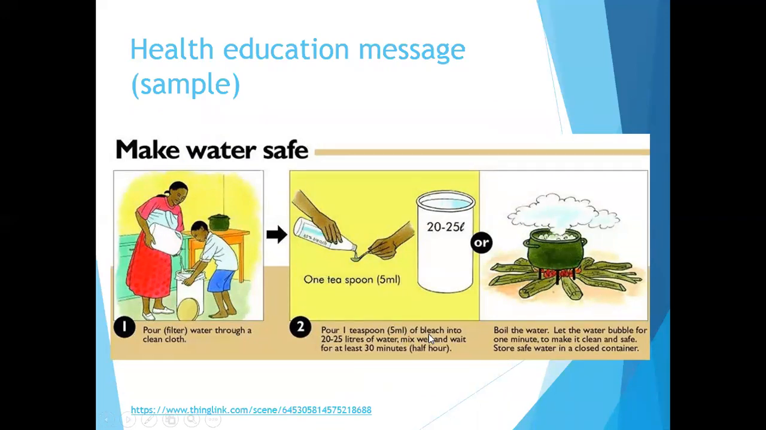Actually, chlorine is a bleach. Treat it with bleach at the correct proportion, 5 ml to 20 to 25 liters of water. Then they make sure that they boil the water. So this is one example of educating the public, putting this poster everywhere in the village so that people can see, and passing the pamphlets to every house,